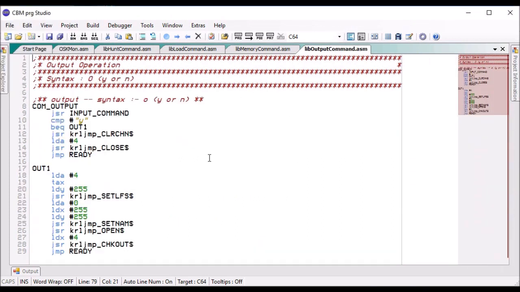Now I can't demonstrate this one because it requires a printer, but basically what you do is you just put O and then Y or N. So Y means you're going to send all the output to the printer, and then N means you're going to stop it. So what we do is we find the command and then we compare it with Y, and if it's Y, we're setting up the output channel to the printer, which is here. So we're saying load 4, device 4, which is the printer, transfer it into the X, so it's going to be a secondary